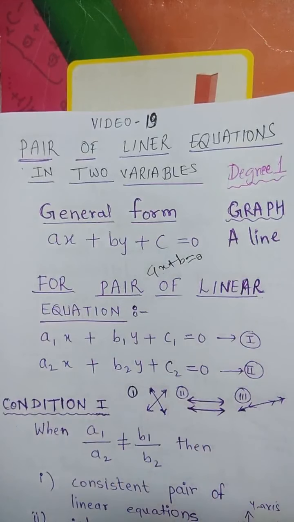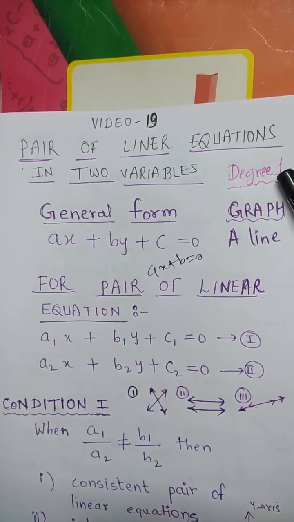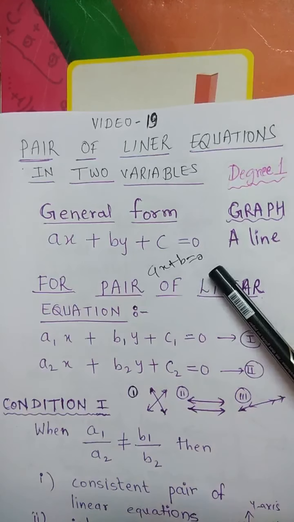The graph of a linear equation is a line. Means if you represent this linear equation in a graph, it will be a line. So remember, from a line, it is a linear equation. Degree of linear equation is 1. So the important things to remember here are degree of linear equation is 1. Or you can say, if the degree of any equation is 1, it is a linear equation.